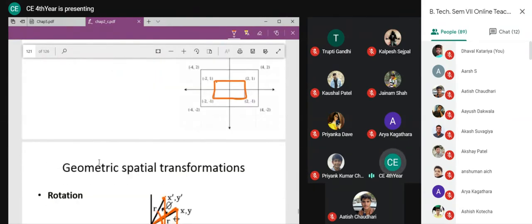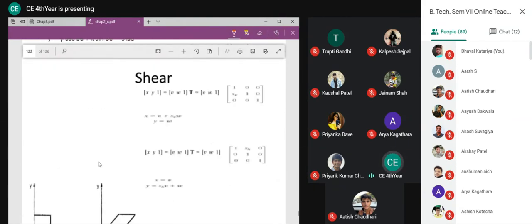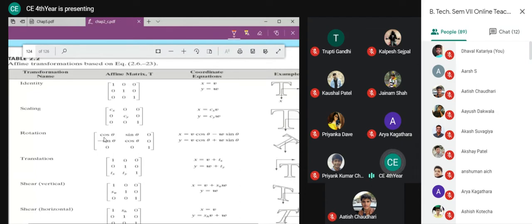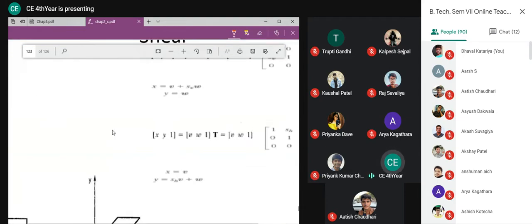So what should be my matrix here? Matrix should be like this. Here I will write it like V, W, 1, which gets multiplied with this translation. So it will be V cos theta plus W sin theta minus sin theta, and then it will get multiplied with V sin theta plus W cos theta. So this is how I am going to get rotation with the angle theta, whatever the angle is mentioned here.